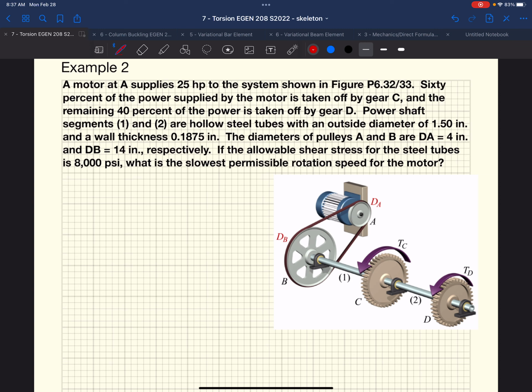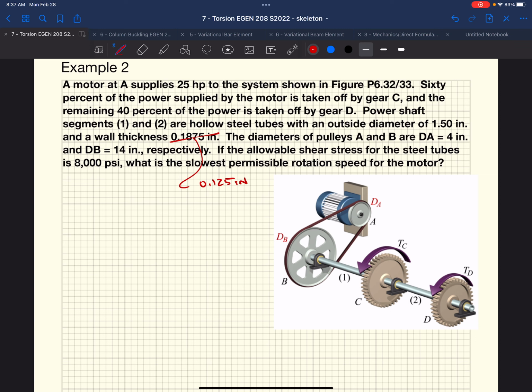They tell us that segments 1 and 2 are steel pipes. Outside diameter is 1.5 inches. The wall thickness, I'm going to change this because I went through and solved this with 0.125 inches, and I'm lazy and I don't want to redo it, so we're going to change that to 0.125 inches, okay? The diameters of pulleys A and B,